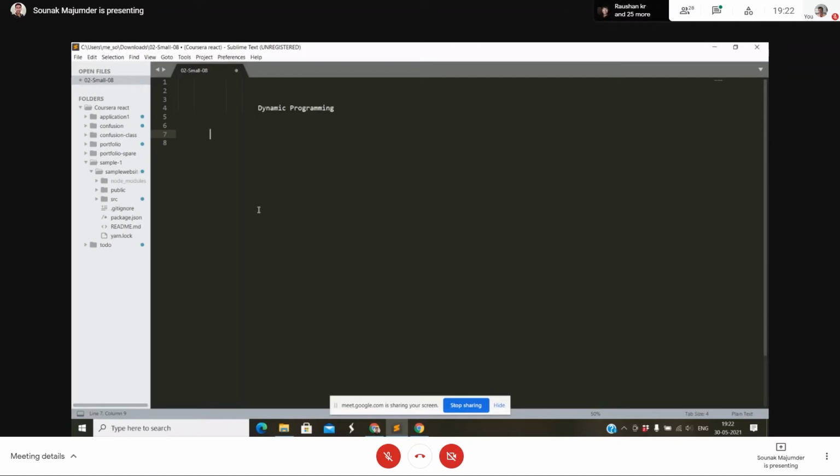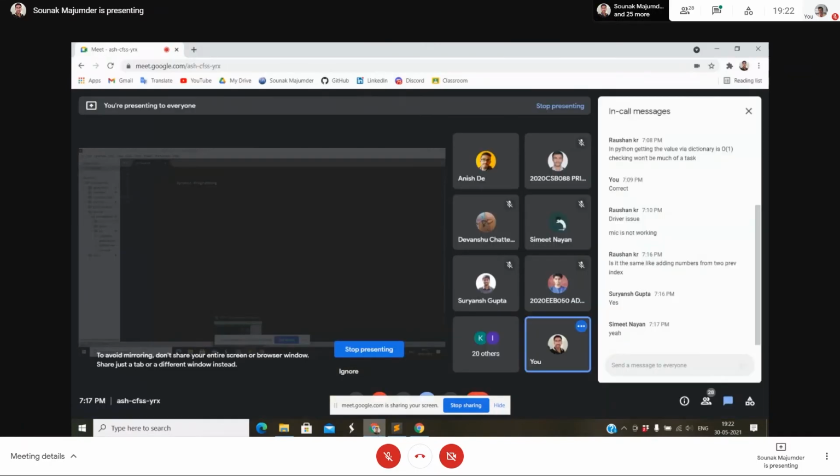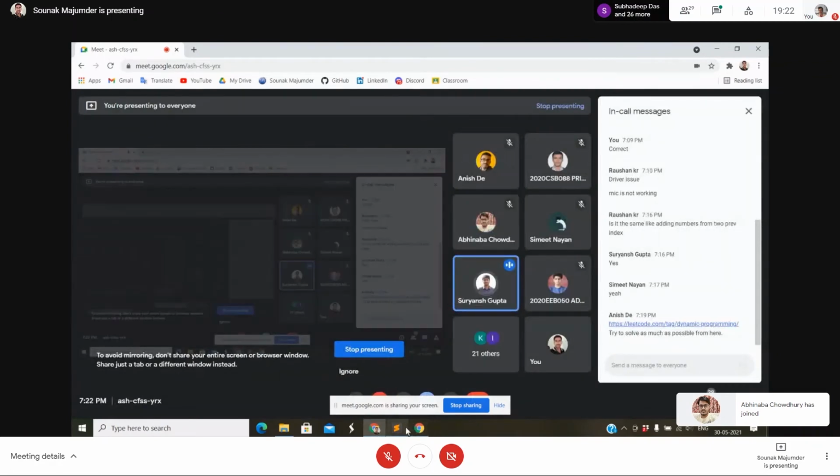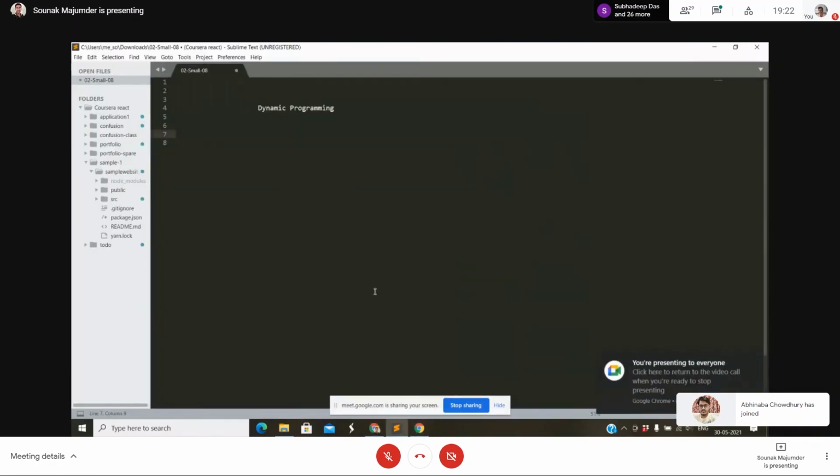Also, you will find places where top down is faster than bottom up. I got a question on LeetCode in one contest, because there's one benefit of top down: we don't calculate all the states. We only go to the states which we need. For example, I need an answer for 10, and it depends on the answers of 9, 8, 7, 6, all the numbers till 1,